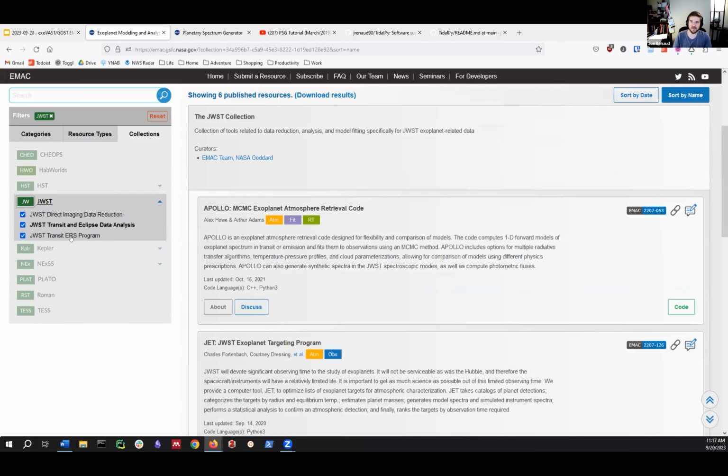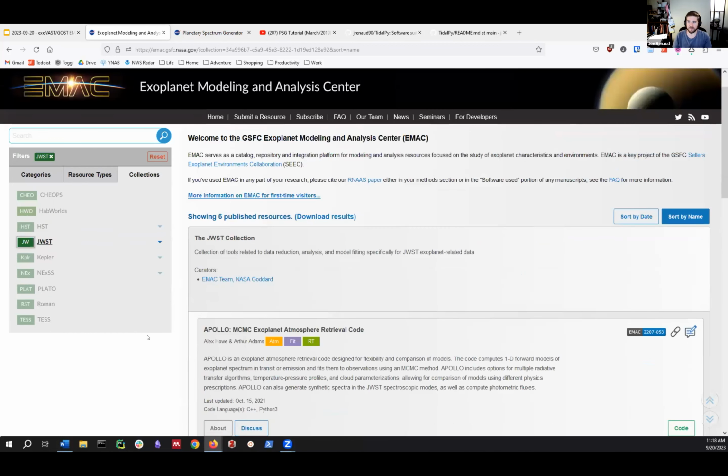There's also some subcategories here, if you want a further refinement, and you can check out what resources are available. Now, something that we are really trying to do here, you'll see this word curators, which just has the EMAC team. One of our asks for today to all of you, the community of astronomers and exoplanet scientists, is that, as you saw, EMAC is a pretty small team. We only have a few members and we all have expertise in exoplanet science, but we don't have expertise in everything. So we are really looking for new volunteer curators that can join our team and help us both find new resources and put them into these buckets